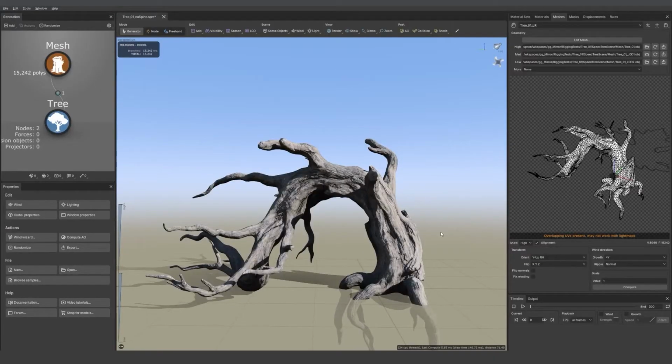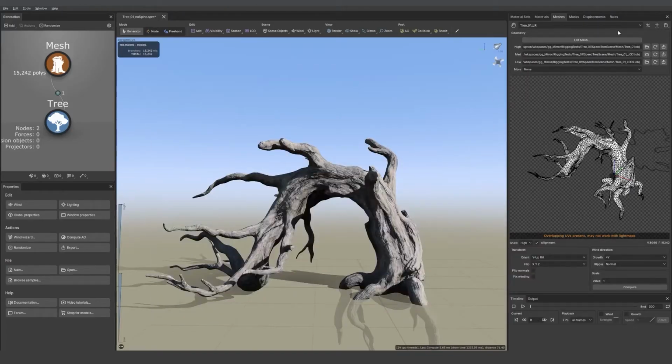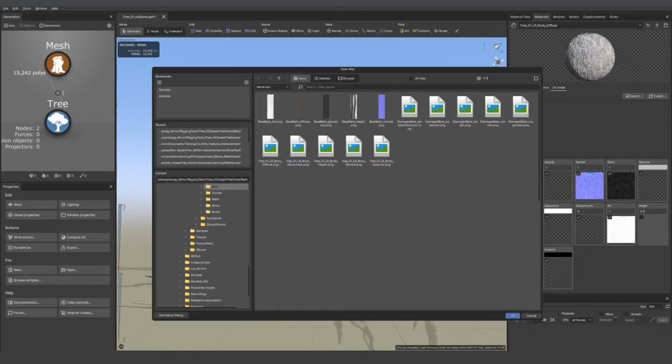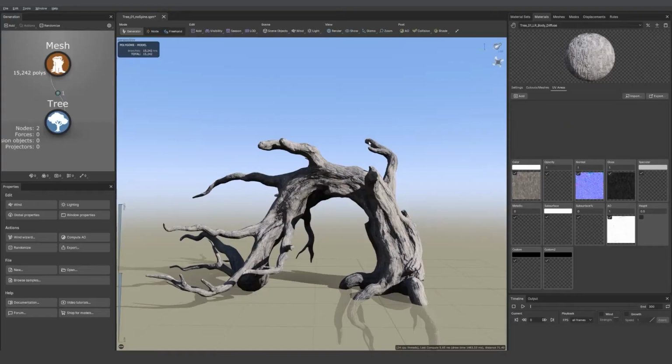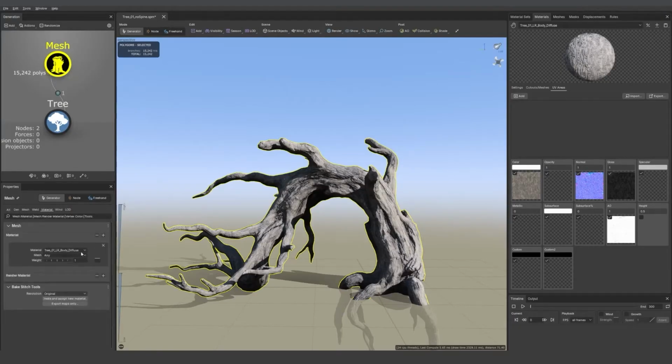As a reminder, if you want to add a mesh to your scene, simply go to the Meshes panel, click on the plus, and then this window will appear so you can select your mesh. It's the same thing for materials: just click on the plus sign and then select your material. Then you can add a mesh generator in your scene and assign it the material. And also don't forget to assign the mesh to your material so you have something to work with in your